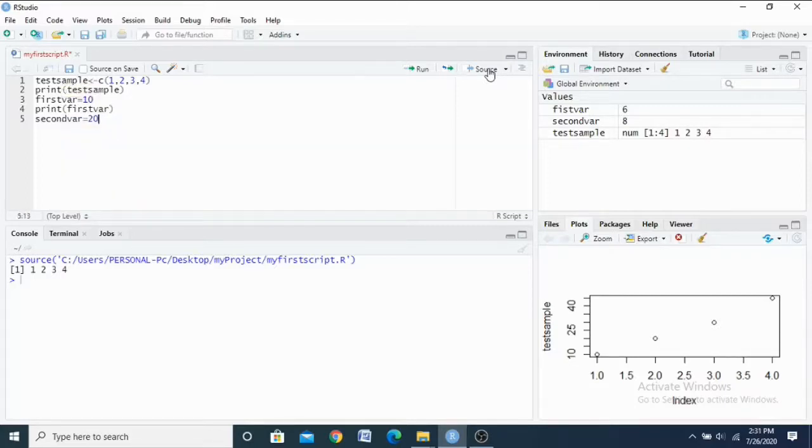Here I have to use the second variable, and here also I try to print the variable. See the difference? Now I have to select. If the entire file, you can use this source, but I already have to print or run the first two lines.